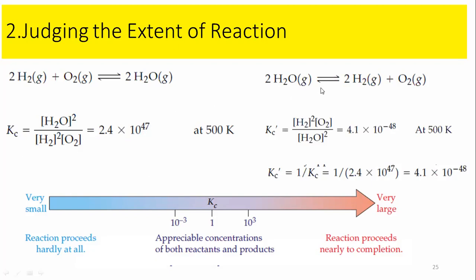So look at this reaction. This is opposite to the previous reaction. Now water is on the reactant side, and it is dissociated into hydrogen and oxygen, and this cannot be dissociated without the application of energy. That means you have to provide some energy to break the bonds in water and convert it into hydrogen gas and oxygen gas.